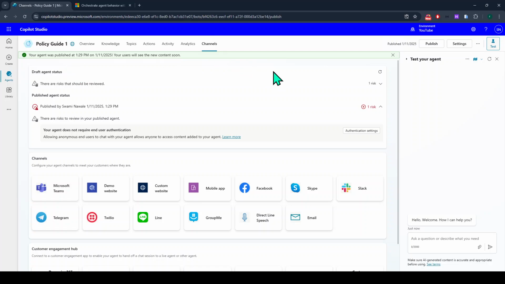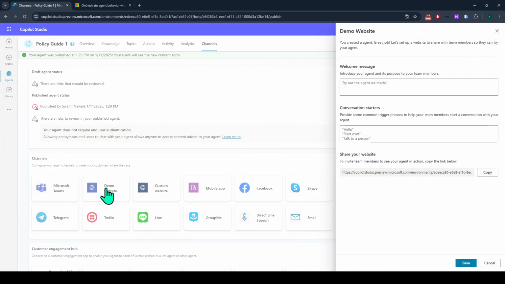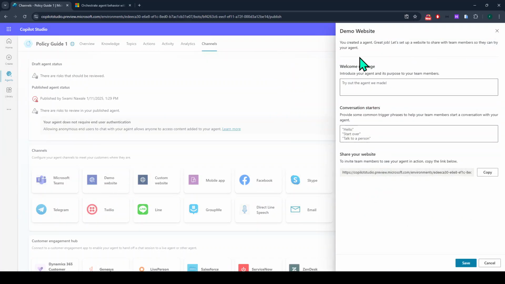So the agent is published. Now I can click on demo website. Before publishing, you can add information like a welcome message. So I can add something like, hey there, welcome. Then conversation starters. When this chatbot is loaded, you can give what kind of conversations you can have with this agent. So let's say,